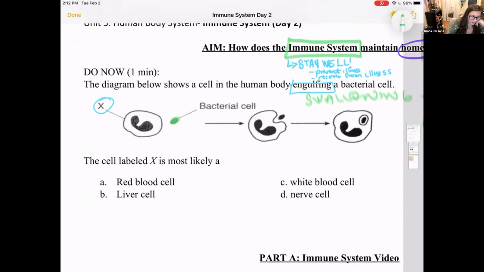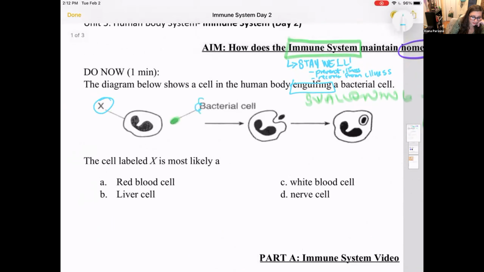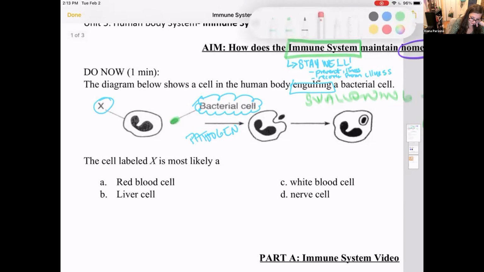So what kind of a cell in our bodies would swallow or engulf a bacterial cell? And you might also remember from last week, the word that we use to describe bacterial cells, the bad guys in our immune system, is pathogens. So, what cell in our bodies would engulf a pathogen? Well,